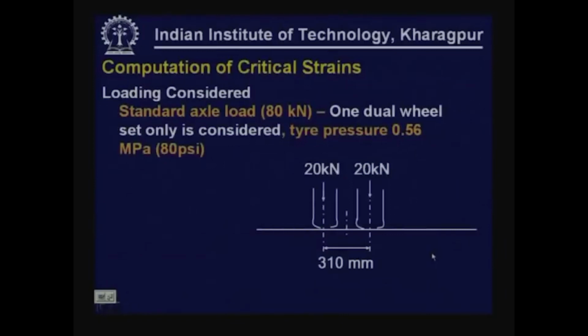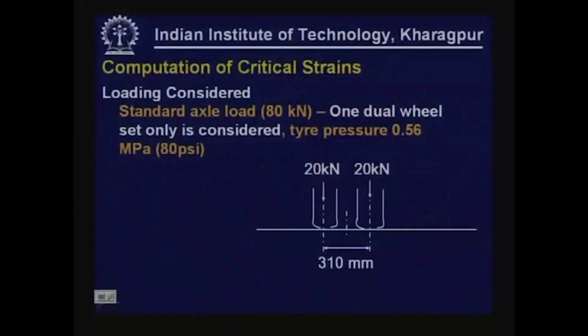All these pavements for the purpose of design are analyzed for a standard loading condition. The standard loading being a standard axle load. We discussed standard axle load in the previous lessons when we discussed traffic considerations. Standard axle load is an 80 kilonewton load distributed over 2 dual wheel sets on either side of the axle, with a tire pressure of 0.56 MPa, that is about 80 psi. But for analysis we consider only one dual wheel system,